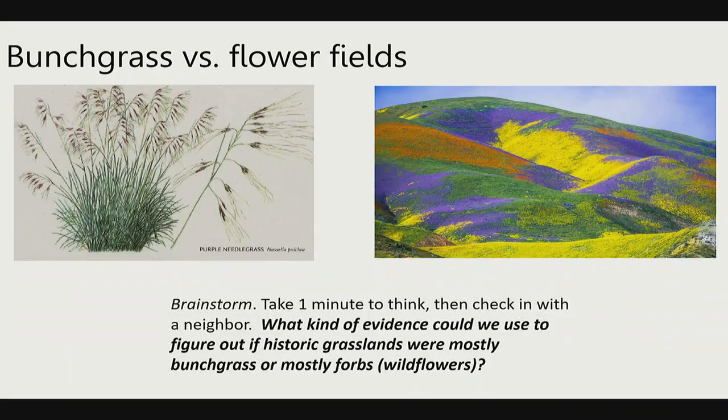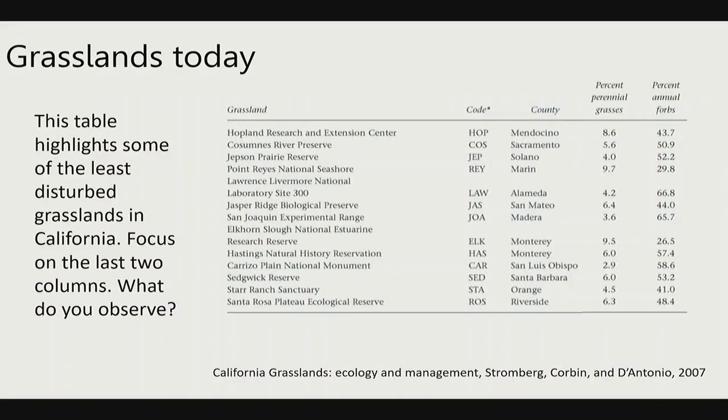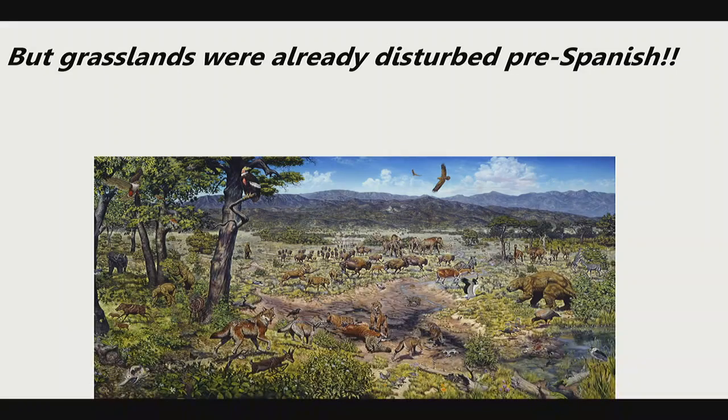So hundreds of years ago, we may have seen more of these beautiful tie-dye hills during blooms, right? Certainly plenty of perennial grasslands still existed. There's a lot of evidence for that too. But in terms of the overall composition, if you took averages across a lot of California, we might have seen more of these little flowering meadows than we expected, even 10, 20 years ago. Make sense? Cool. So I talk about disturbance as if it's sort of this massive catastrophic thing.